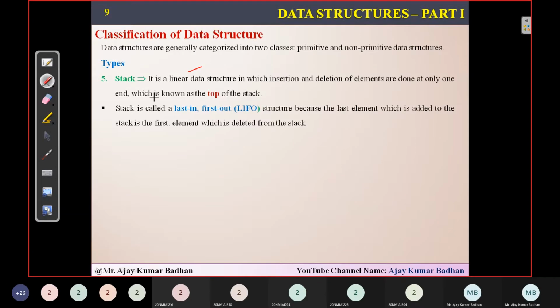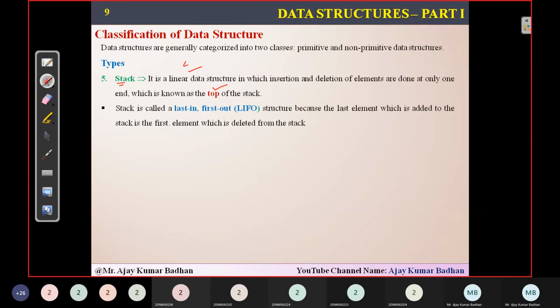The important note related to the stack is that we can perform insertion and deletion only at one end. We cannot delete as we can in a linked list. In a linked list, we can delete from the front, from the back, or from the middle. Whereas in a stack, you can perform insertion and deletion only at one end, either front or back. That depends on the variable we are going to use here, called top. Top is the variable we are using. And stack is also called LIFO, last in first out.